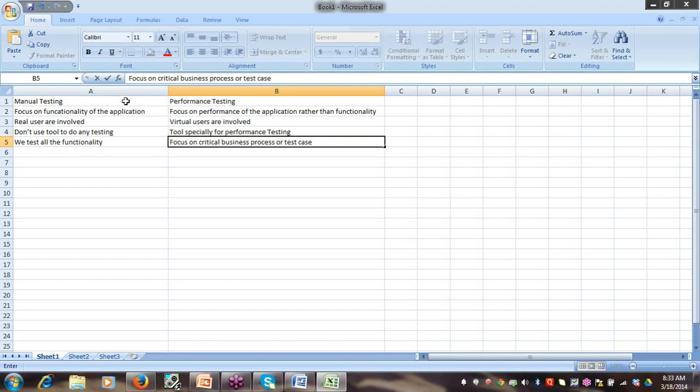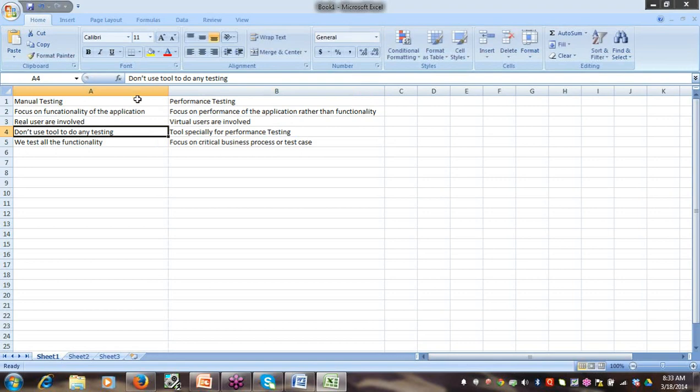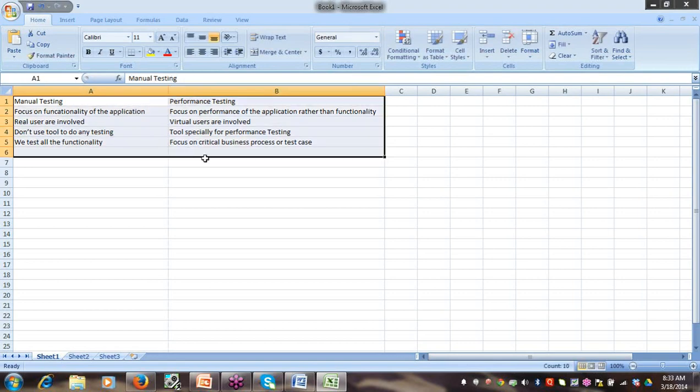So these are some of the differences between performance and manual testing.